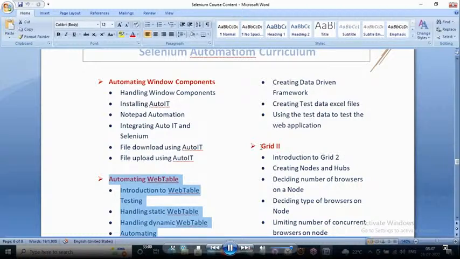We can schedule our executions automatically. How do you want to execute? Hourly, weekly, monthly, quarterly, or soon after code is committed in a GitHub server. How do you want to schedule your executions? Through Jenkins, we can schedule it. So our process is going to be automated by using DevOps components. Using the Maven build tool, we develop your test cases. And GitHub server, a distributed server, where we